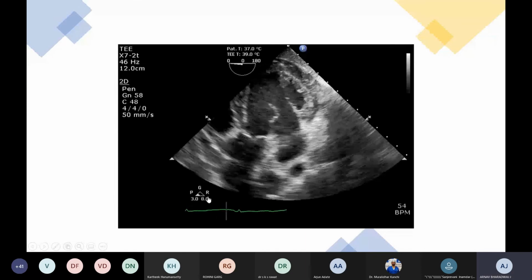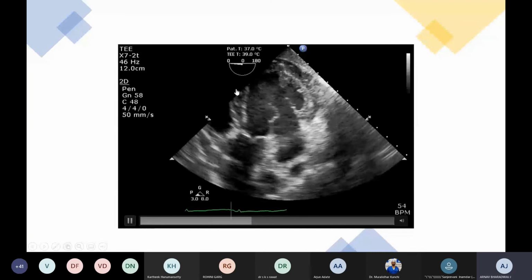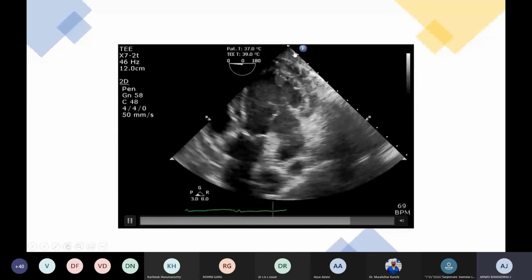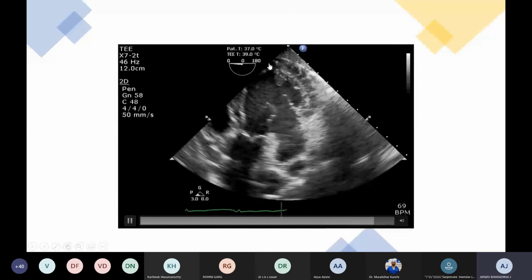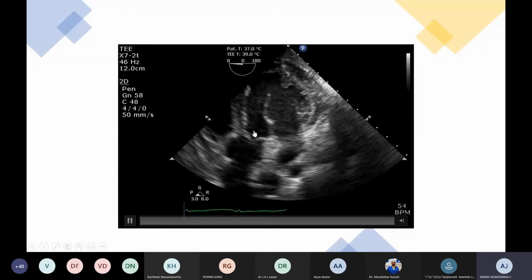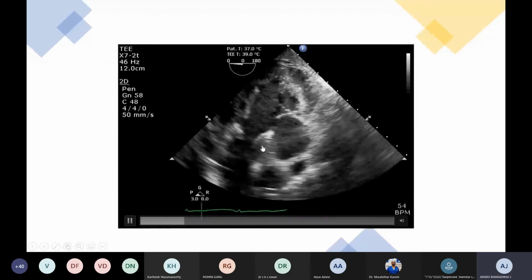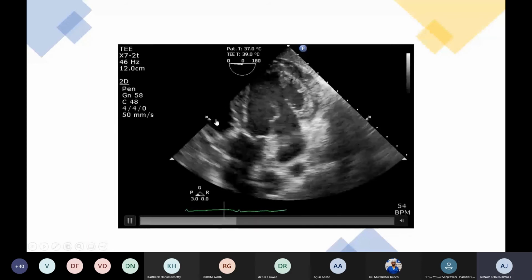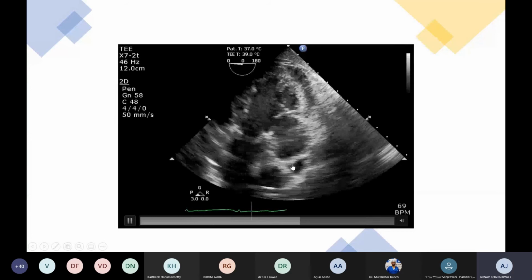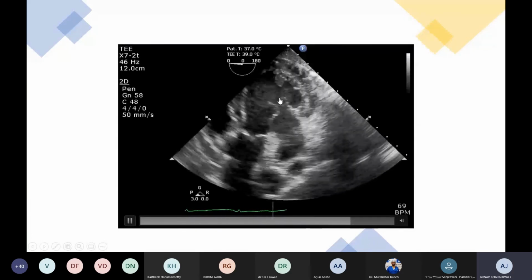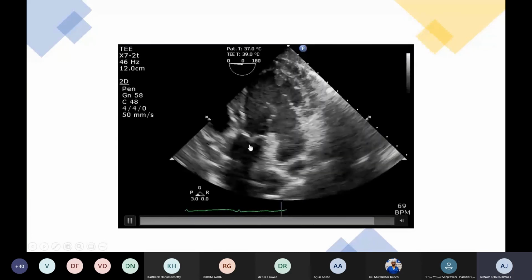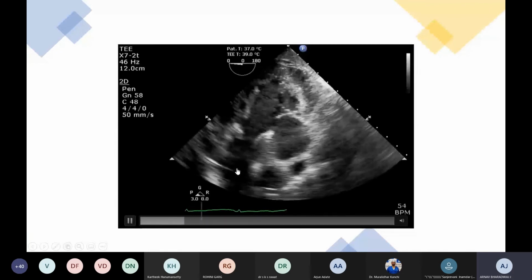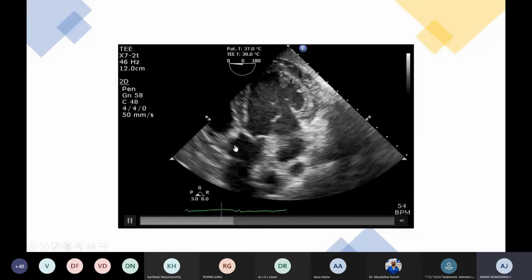This is the typical deep transgastric view. In this view, rarely we see the full cavity of the left ventricle. Here we can see even towards the apex. So this is the aortic valve. This is the ST junction and also the arch of aorta. This is the right ventricle. This is the left atrium. Left atrium, mitral valve, left ventricle, and this is the LVOT and aortic valve, ascending aorta, as well as a part of the arch of aorta.